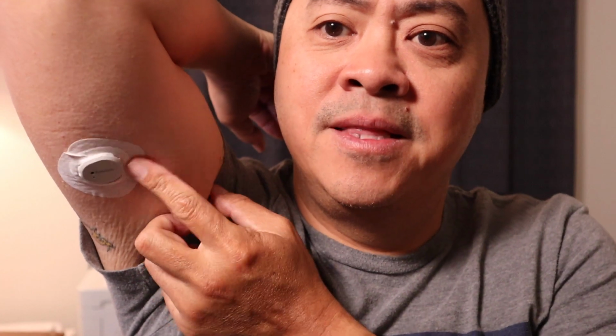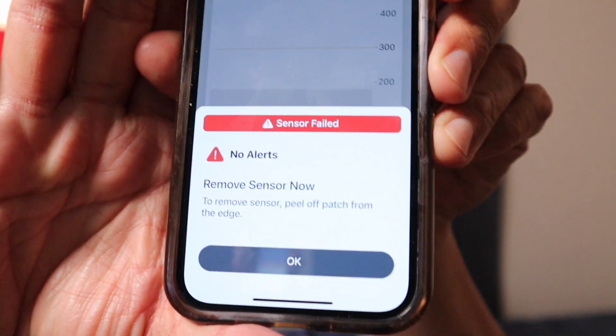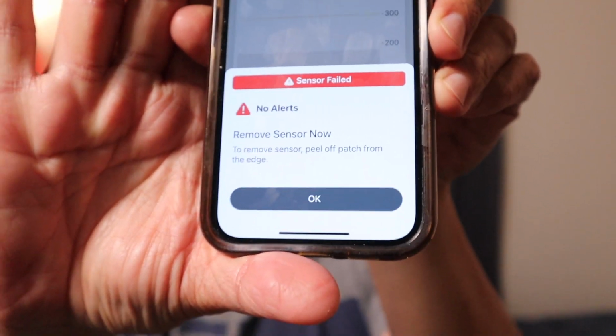So there it is. A few moments later. Well, spoke too soon. I just got the dreaded sensor failure alert: remove sensor now. And it's not telling me to replace it. I guess I have to, right? Since it never really got working